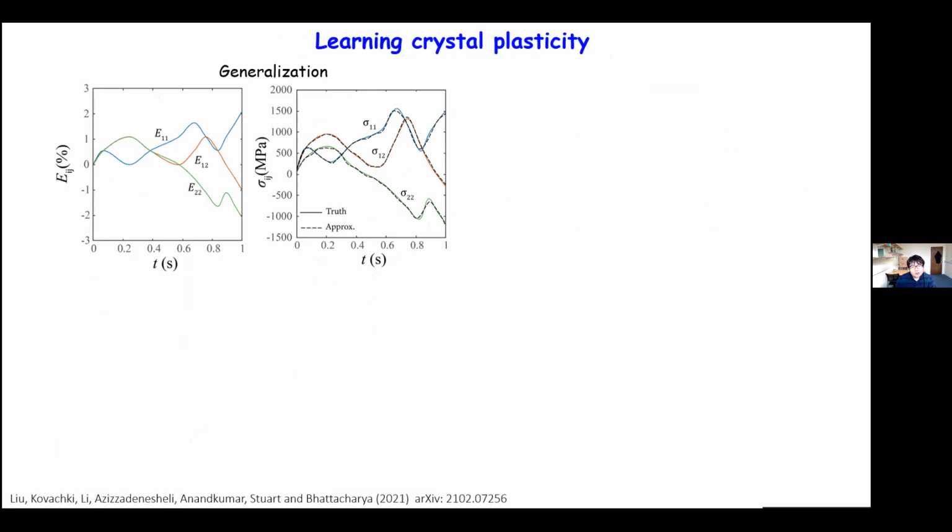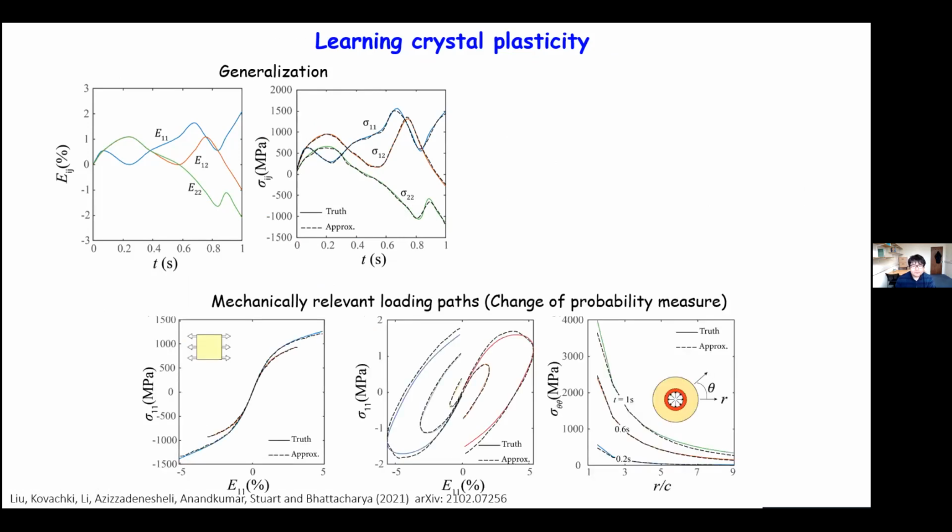So what I'm showing you here is a comparison of the neural network prediction, which is the dotted line, and the true solution of our numerical solver. And you can see that both the neural network solution and the numerical solver agree with each other pretty well. And what is really remarkable that we found during this exercise is that the neural network really has enormous